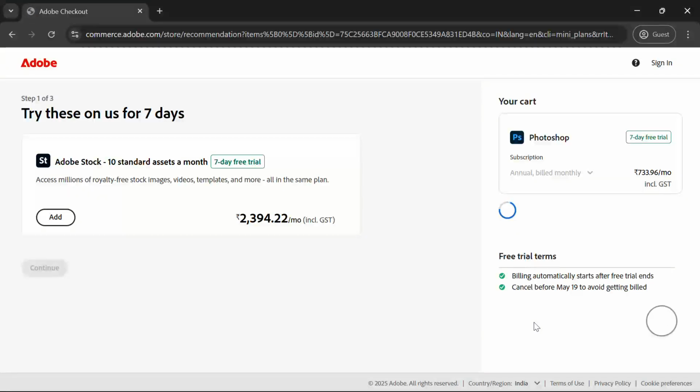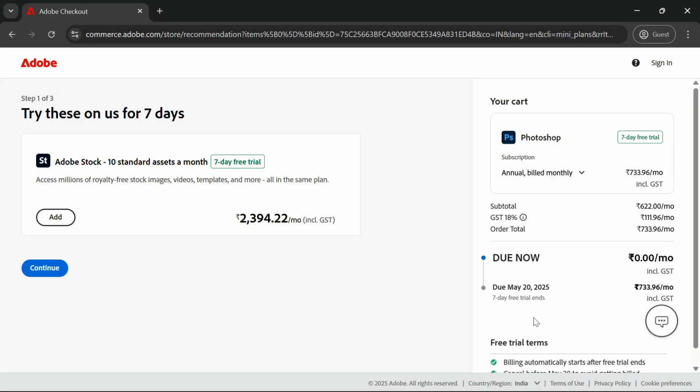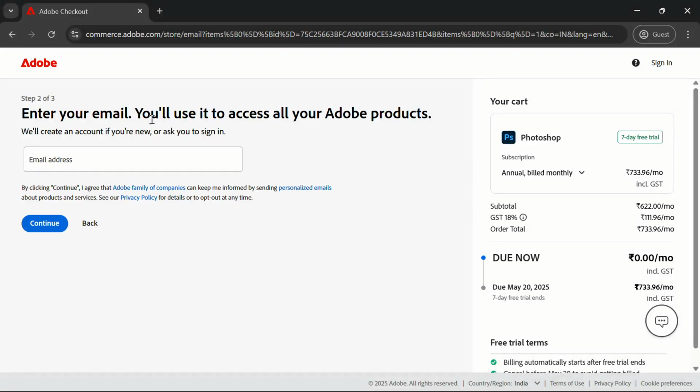You can see it's 0 for now, and after the free trial ends, your subscription will be started. If you just want to avail the free trial only, then you have to cancel the subscription before the free trial ends. So if you cancel the subscription before the free trial ends, then no money will be charged from you. And after seeing the billing details, click on continue, and here add your email address